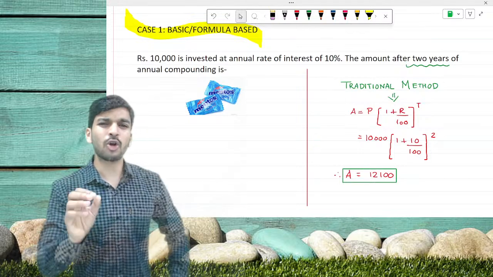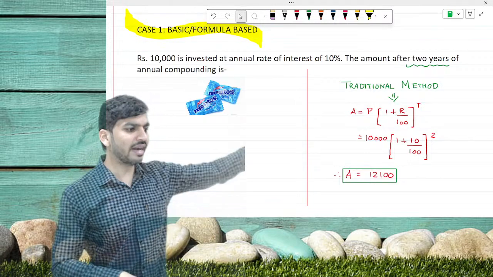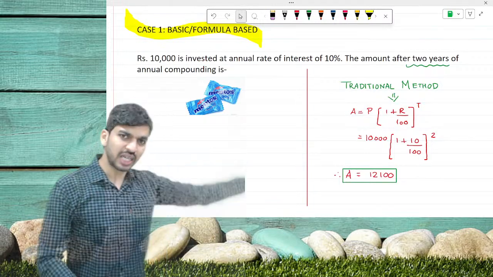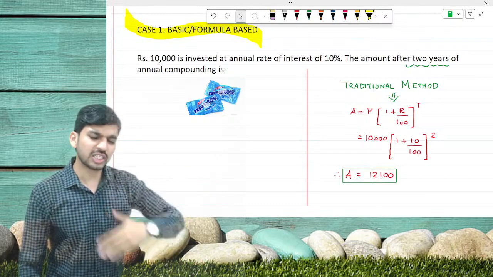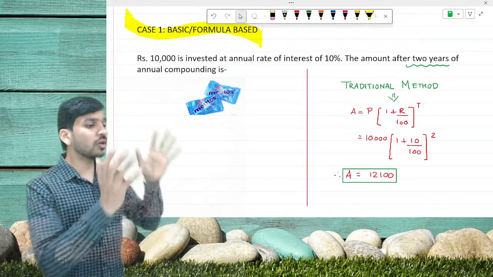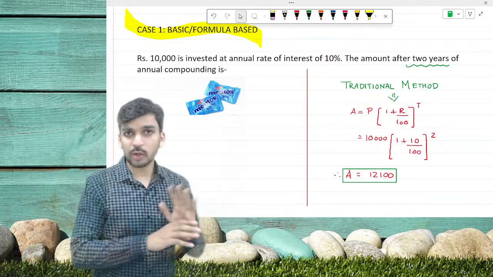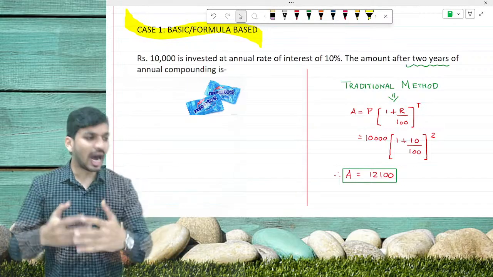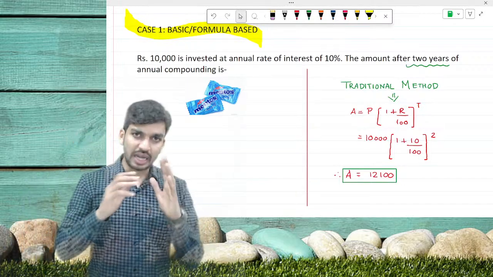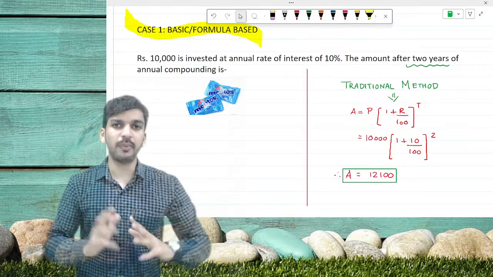What is the common man's thinking? It is to apply the formula, that is the traditional method. I have shown you the traditional method, which we are not going to use. It's just for your comfort, since some of you might be using this method till now, but no. We are directly going to use the Mentos trick. How? Let's understand this very clearly and very patiently.